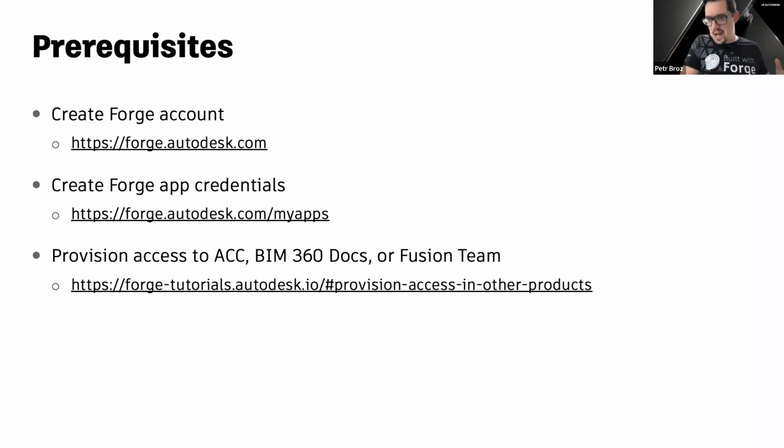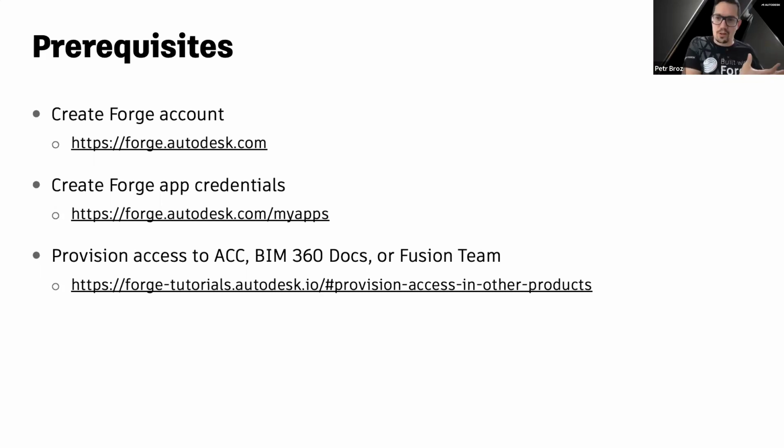But other products, such as ACC or BIM 360, require you to whitelist a specific Forge application before they allow the app to access its users' data, right? So this is an added security measure introduced by the individual Forge-based products like Autodesk BIM 360 or Autodesk Construction Cloud, where